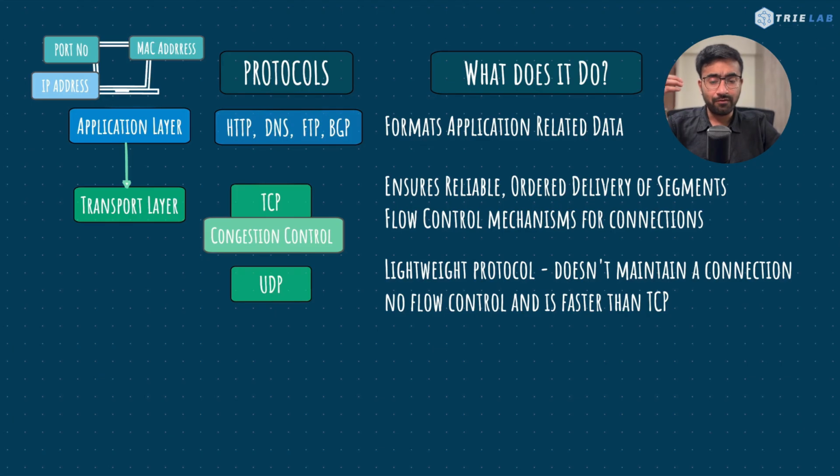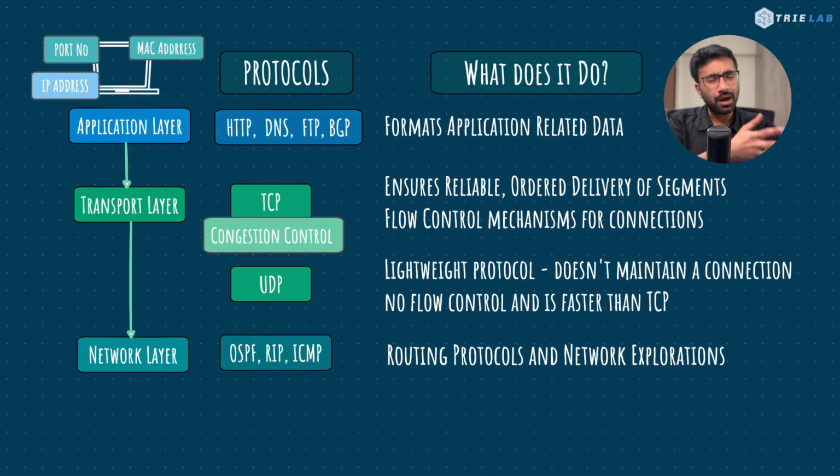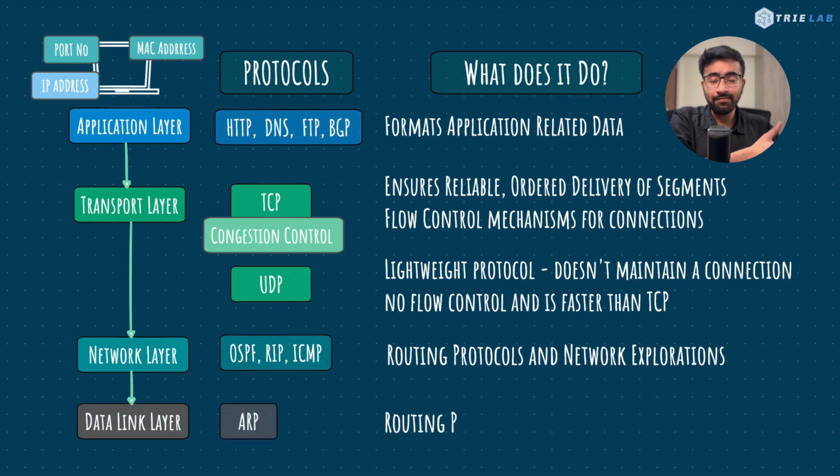Now, the transport layer will finally pass the data packet, or the transport layer segments, to the network layer, which has a bunch of protocols for routing the packet across the internet and for network exploration as well. We have already discussed OSPF and RIP protocols while discussing distance vector routing and link state routing algorithms. And if you have ever used ping in your terminal for understanding if an IP exists, you have used ICMP as well. Finally, the network layer will pass each fragment to the data link layer, which will form the final frame which gets passed through the physical medium to the next hop.